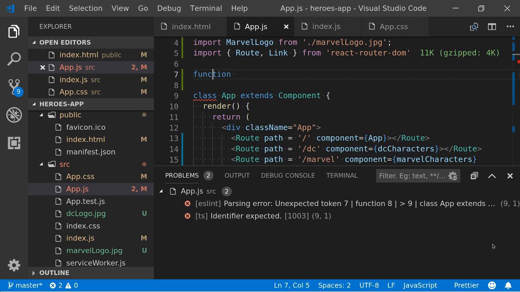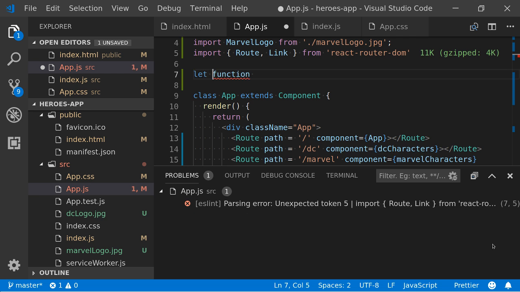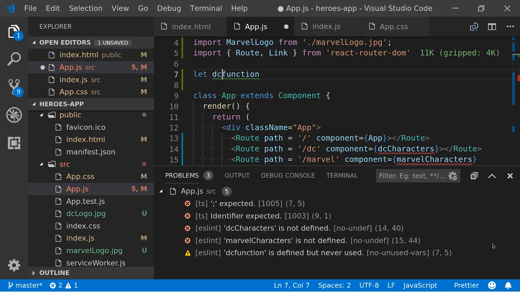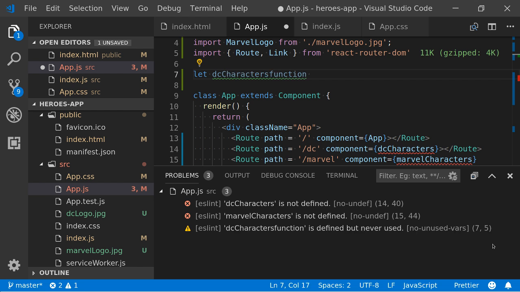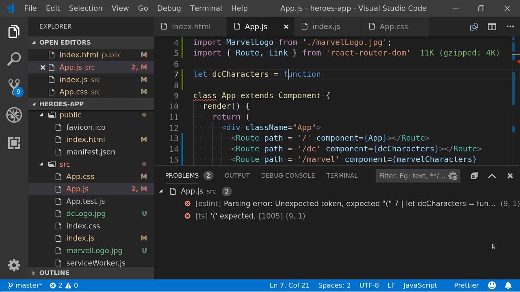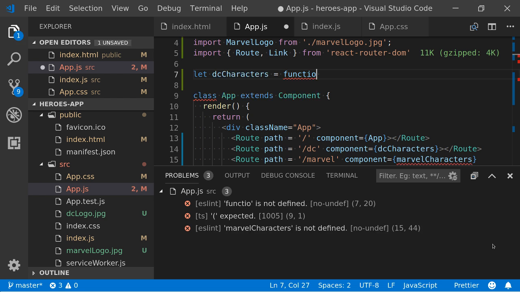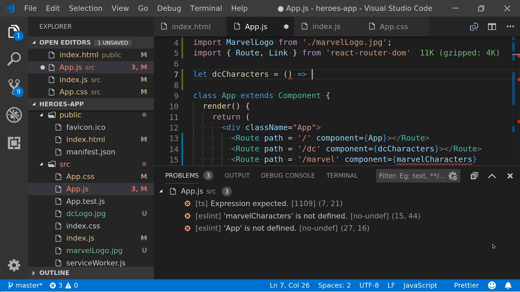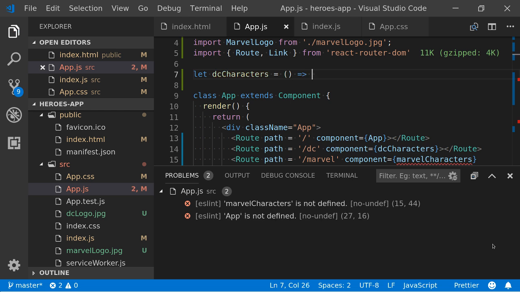Yeah, so usually we'd give it a function expression. Yep, so we'd say we're going to give it the name DC characters, yeah? Keep going, anyone know? Yeah, so we typically use arrow functions in React as well, so we'd run it like that.